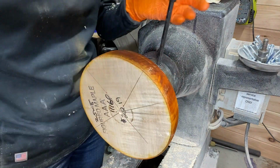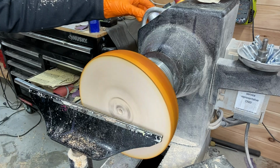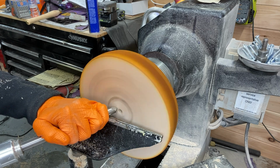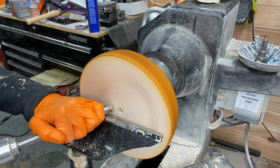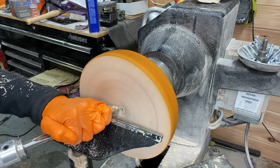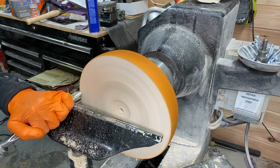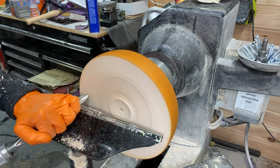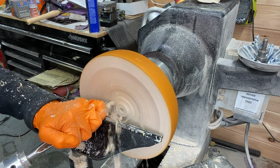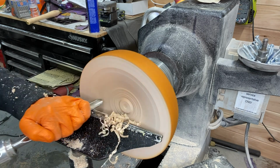So reversing the bowl blank so I can start the hollowing process. And I didn't fully finish the outside of the bowl. I finished it as far as the coloring goes, but I haven't sealed it or used the Axe yet. So I wait until I do the inside of the bowl at the same time. I didn't want to finish the outside of it and then be turning it, and then some of the shavings stick to the dye or to the sealer or to the Axe. So I decided to hollow it out first,